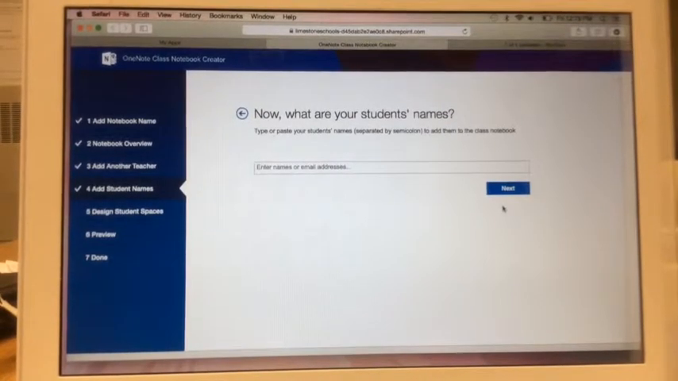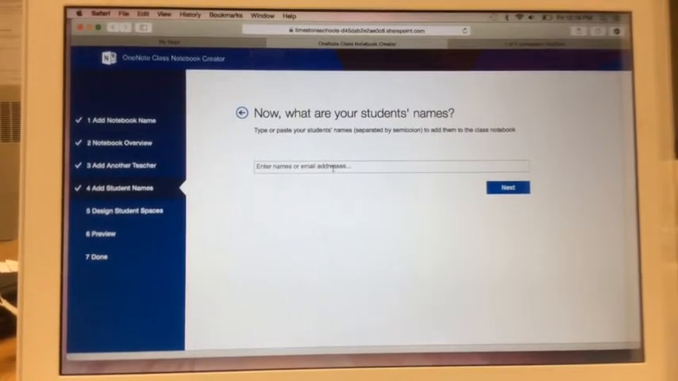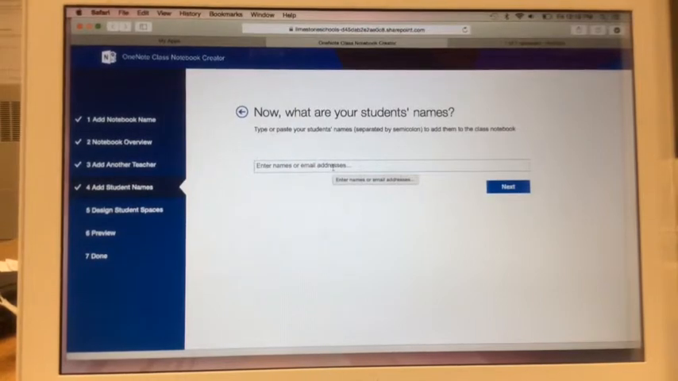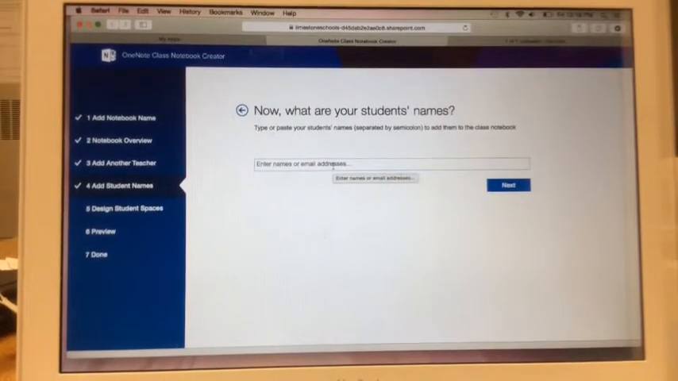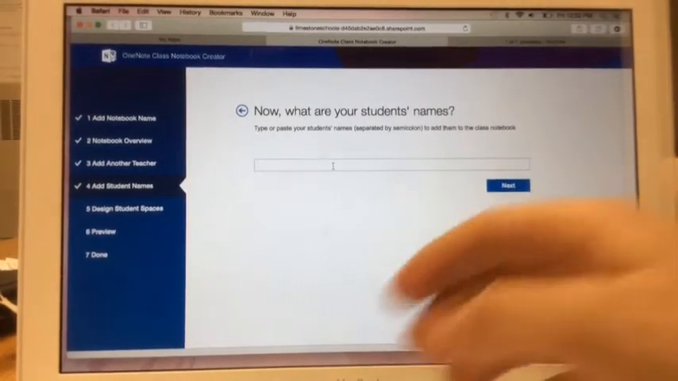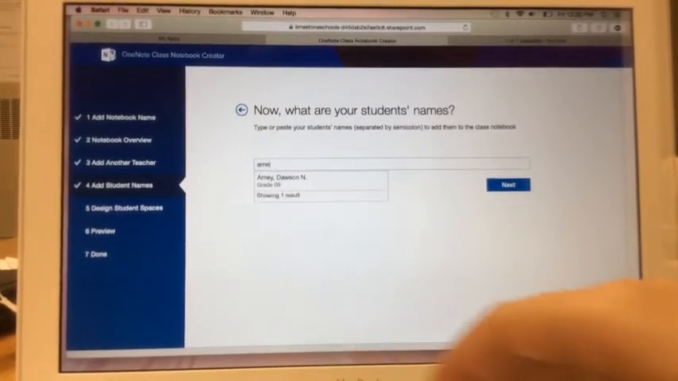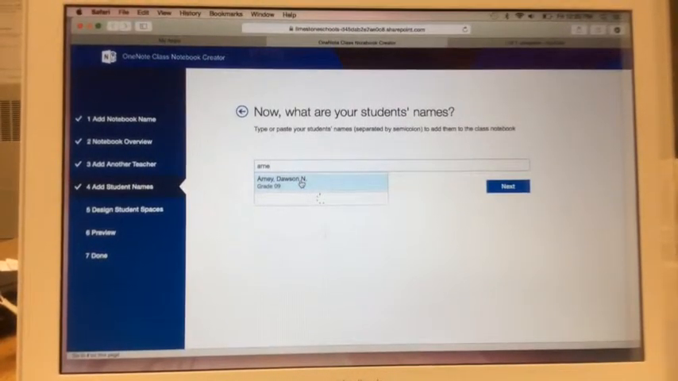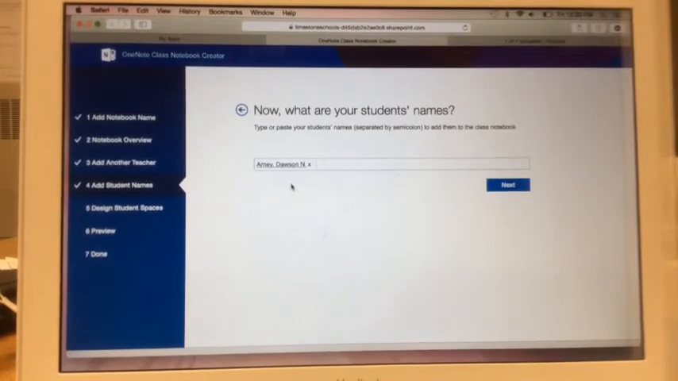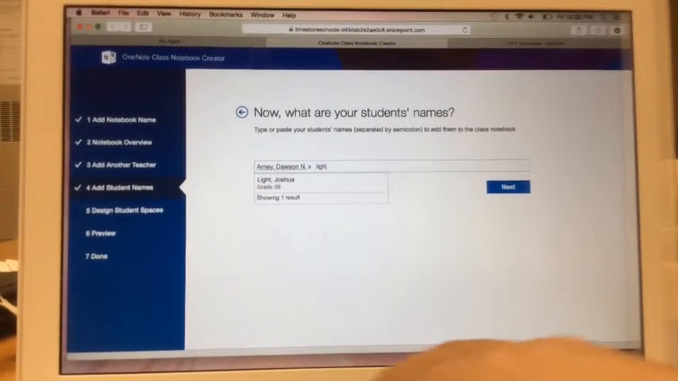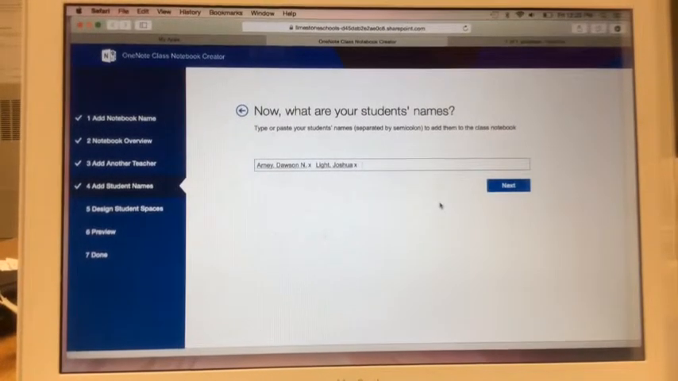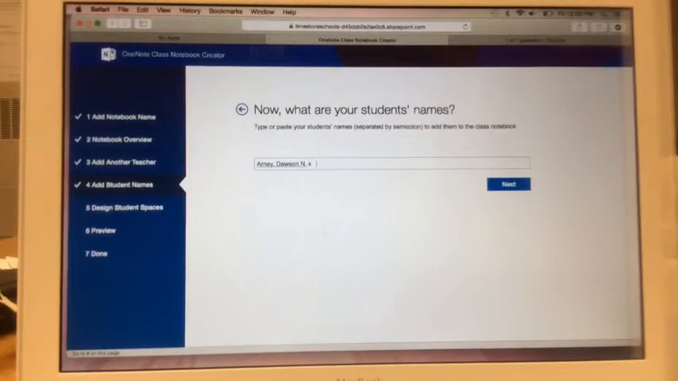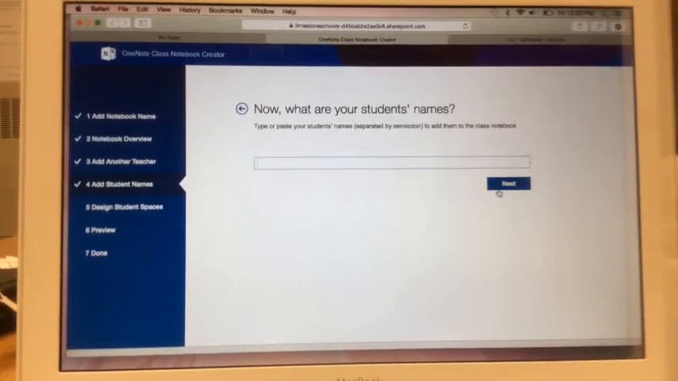And so now here you can add your students' names. So the board has already gone in and put all your students' names and email addresses into the system. All you have to do is start typing their last name and you should be able to find them. So for example, okay, if this is my student right here, I'm going to click on them, and then you can start your next student. And you can just continue doing that. So I'm not actually going to add them right now, just because I don't want them to be in this